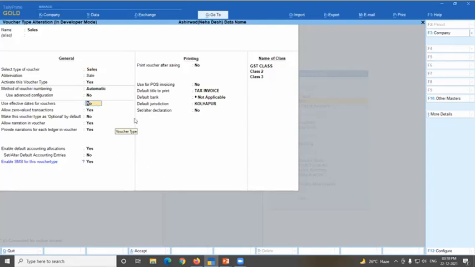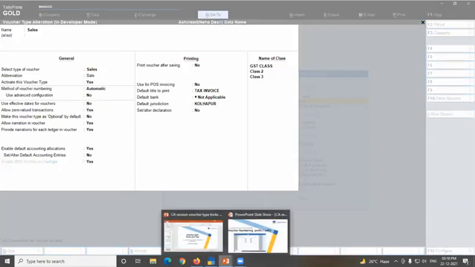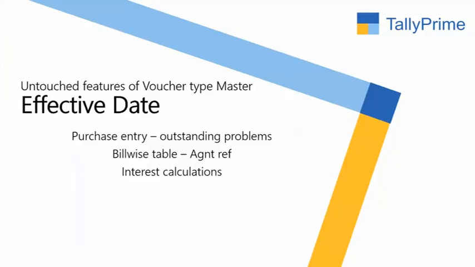What is effective date? See, first on my PPT, effective date. Let us take one example. Suppose a party sent me material with an invoice on 31st January, and for some reason my accountant does not enter that voucher on 31st January.